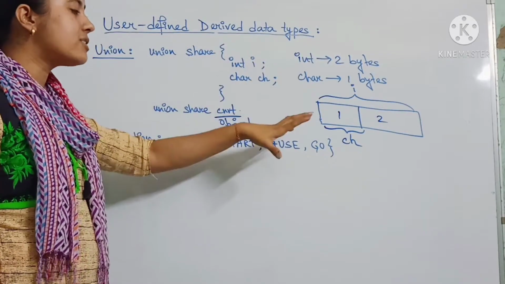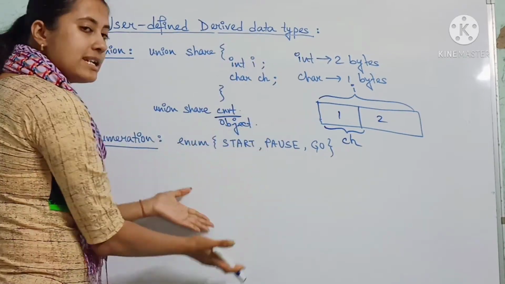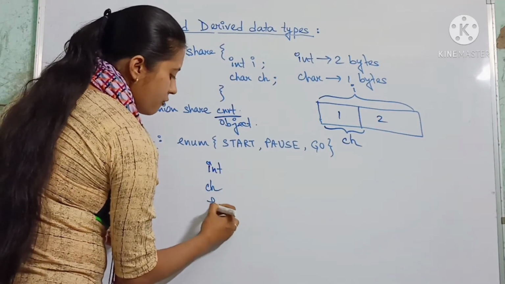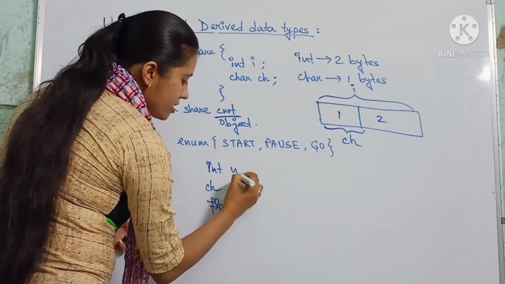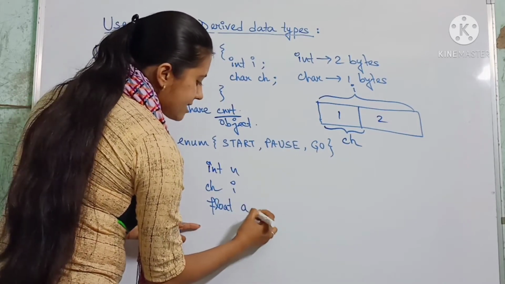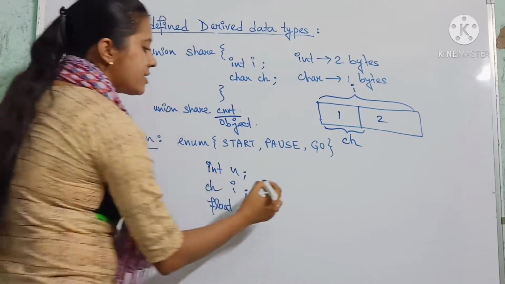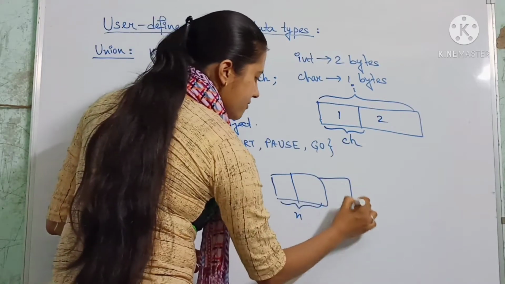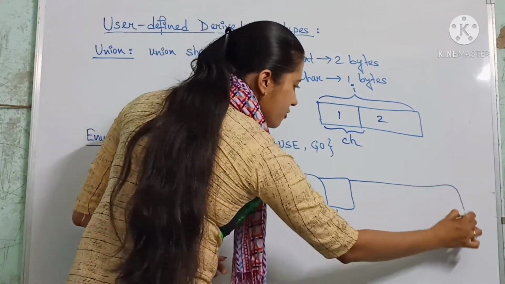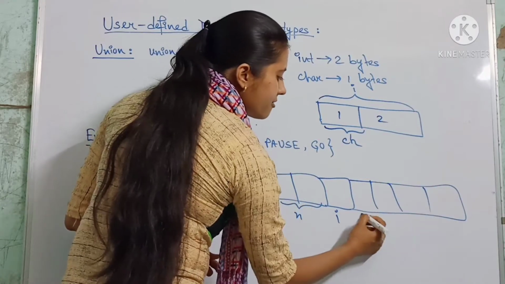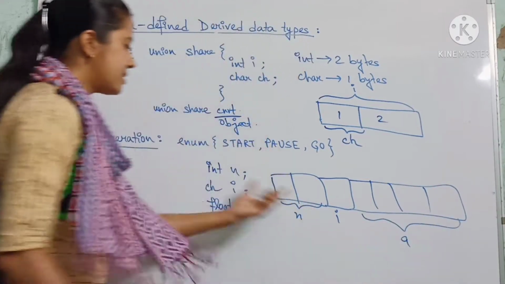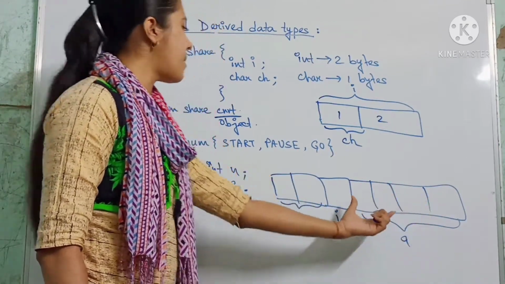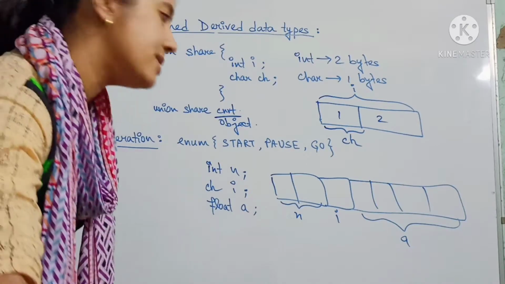In the case of class and structure, if you have 3 types of data members, suppose integer, character, float, then depending upon those values, it will assign its memory allocation. That is, for integer it will occupy 2 bytes of memory. Then for character it will assign 1 byte of memory. Then for floating point it will assign 4 bytes of memory. Clear? This is in the case of class and structure. It will provide different locations of memory for different variables.